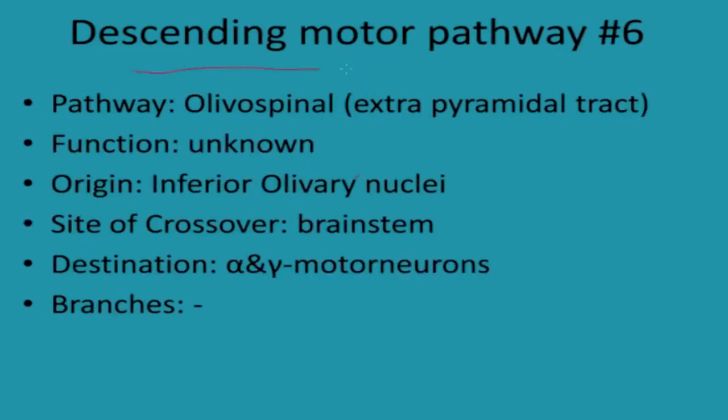Next descending motor pathway, number 6, is the olivospinal tract. It's an extrapyramidal tract with an unknown function. Now there is much debate as to whether this tract actually exists. Theoretically, however, this is what we know. It originates from the inferior olivary nuclei, which collect fibers from the cerebral cortex,